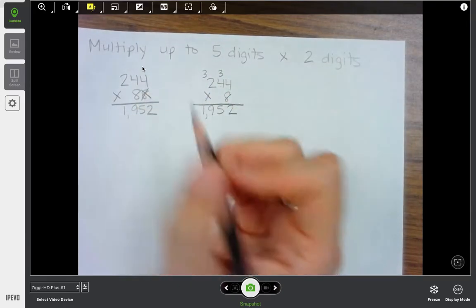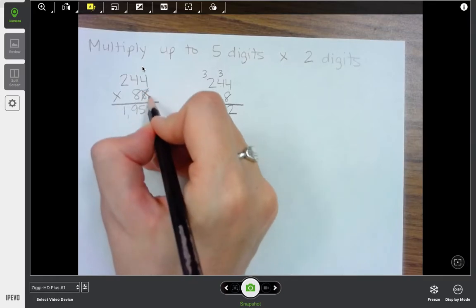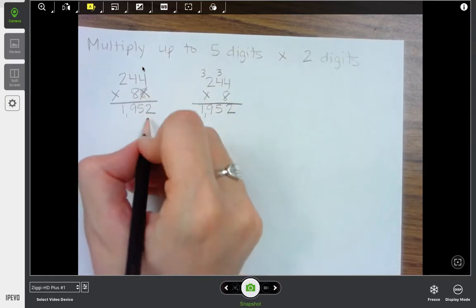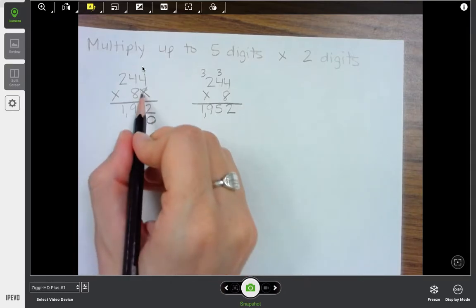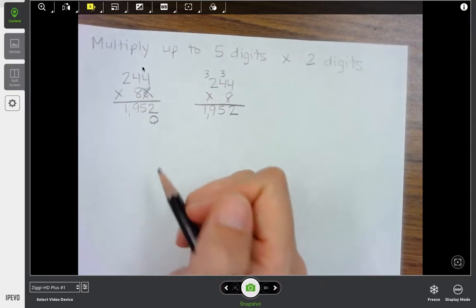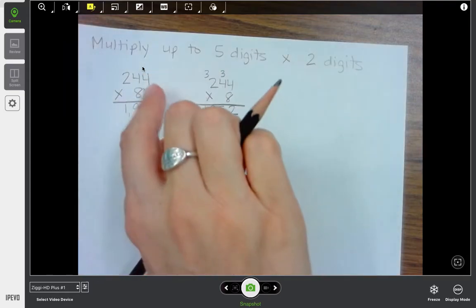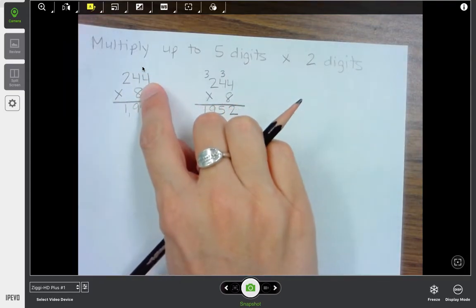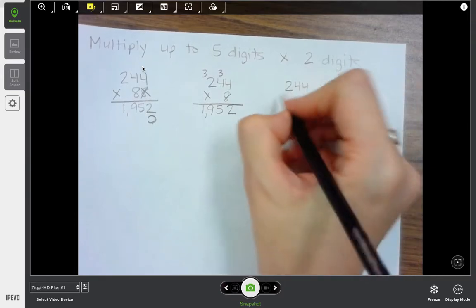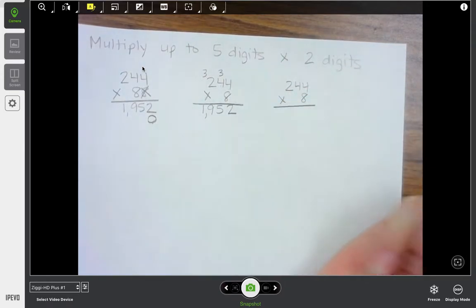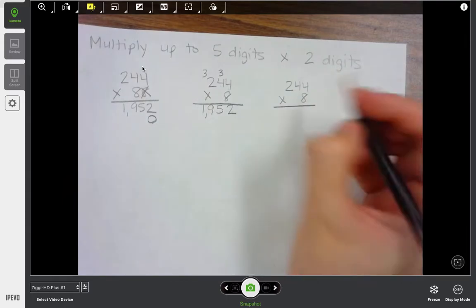I finished with that 8. I'm done with it. And to reflect that, I'm going to mark the number out, but I'm also going to put a 0 to show that I have already done the work in the ones place there. Then I will do the same thing with the other 8, okay? So out to the side, I can work out 244 times 8, and I just did it right here, so I know the answer is going to be